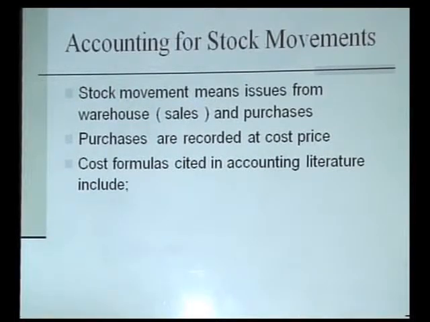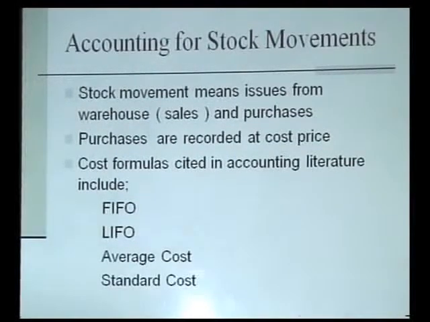The cost formulas cited in the accounting literature include the first in first out method, the shortened form is FIFO, last in first out, LIFO method, average cost method, standard cost method,